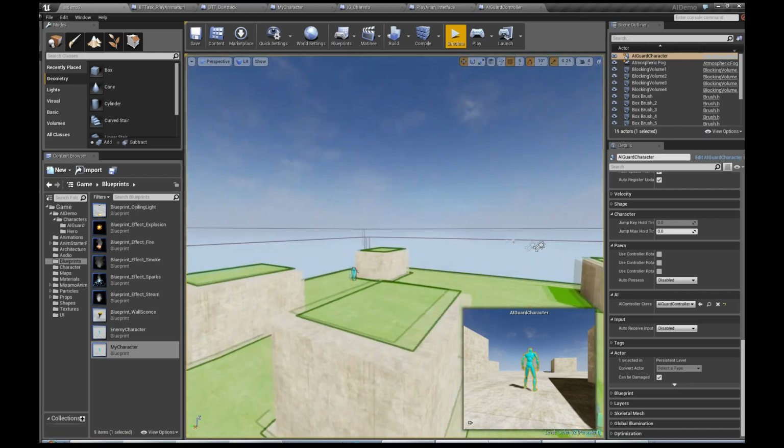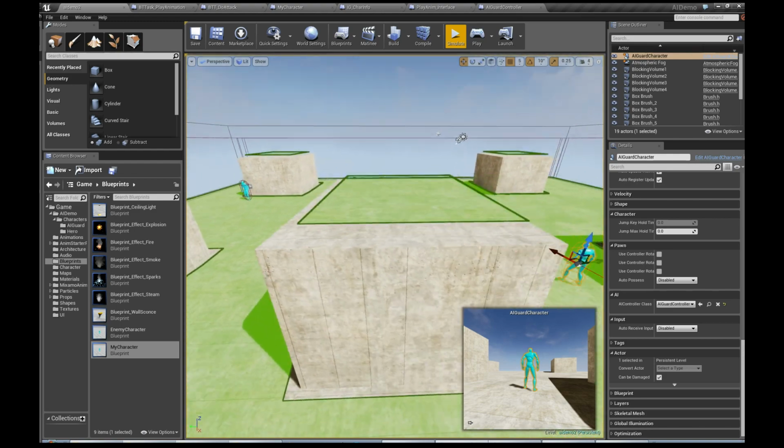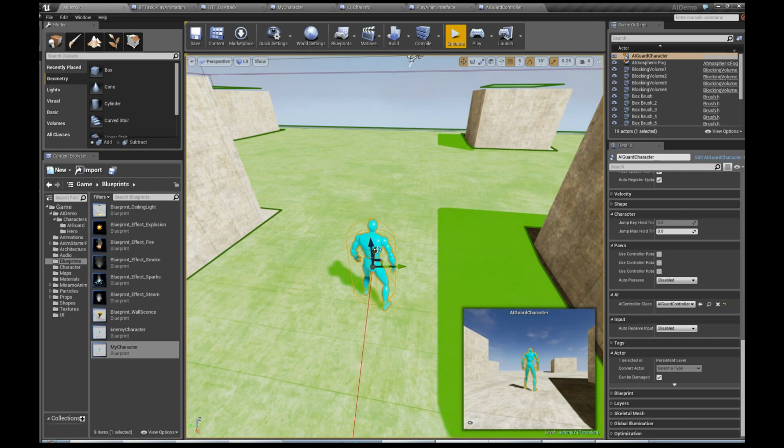What I've done is I've copied this character blueprint that I was using for my player character and called it enemy character and dragged one of those out into the world. So there's a couple of things that we need to sort out. One of them is this,